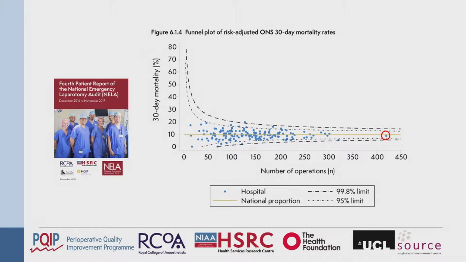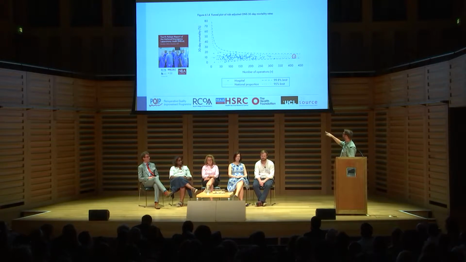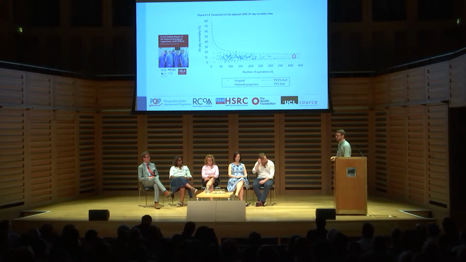This is a funnel plot taken from the 4th National Emergency Laparotomy Audit. Essentially, each blue dot is a hospital. The curved funnel lines below and above are 2 and 3 standard deviations either side. If you look just on the right-hand side over here at these blue dots, the national average is just around 10% in terms of mortality. This hospital here has done about 425 emergency laparotomies in that 1-year series, and they sit pretty much exactly between